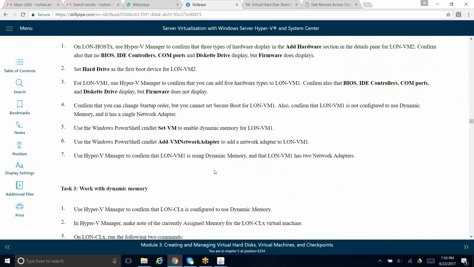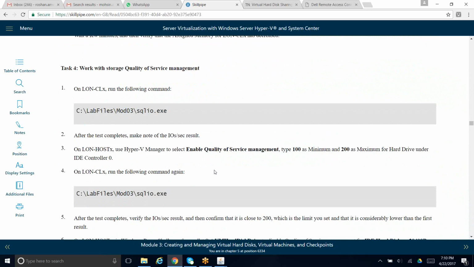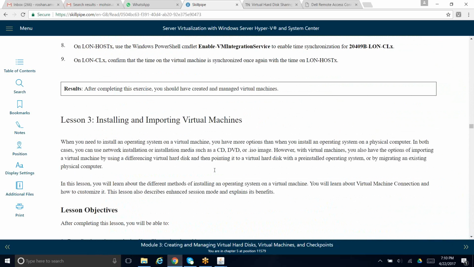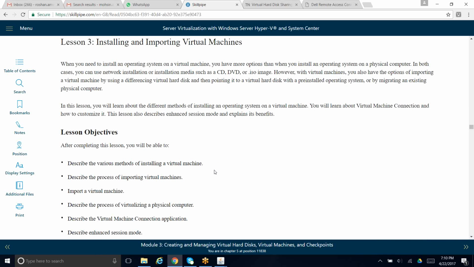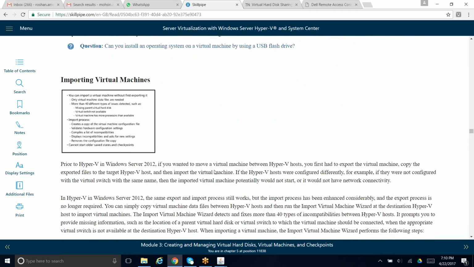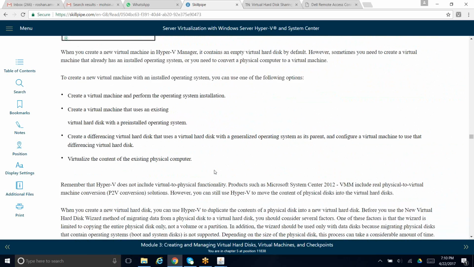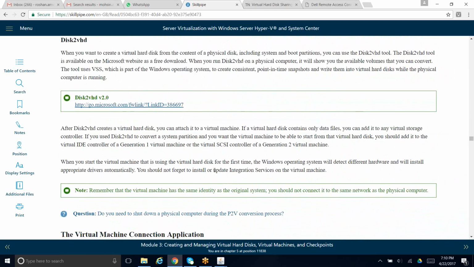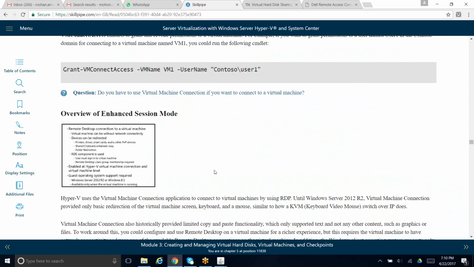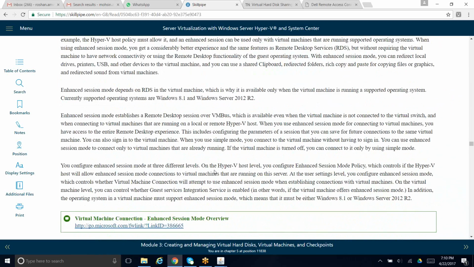Manage virtual machines. Installing and importing virtual machines. Importing virtual machines. Enhanced session mode. If you guys ever remember what enhanced session mode is,